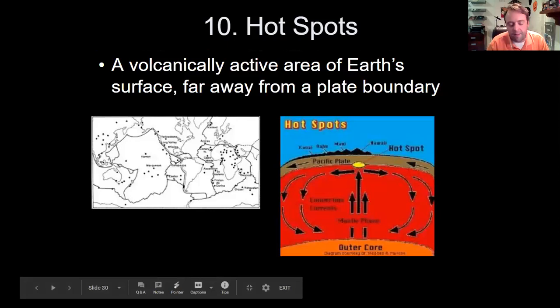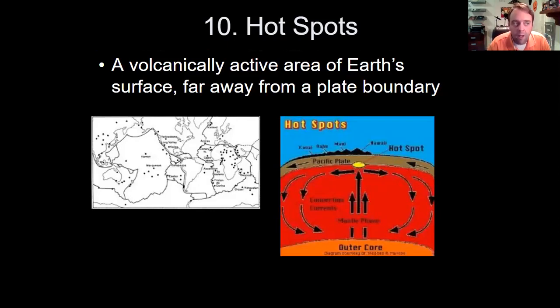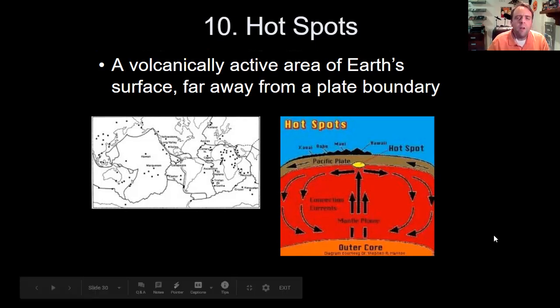Last but not least, hotspots. Now, hotspots are volcanically active regions that are far from plate boundaries. So in this little map over here, you can see that these are volcanoes. Some are close to plate boundaries, but not all. Hotspots are very strange because they